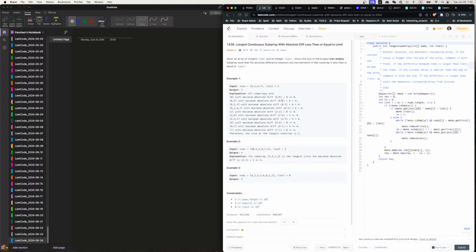Then we need to start shrinking. So we need to shrink until,